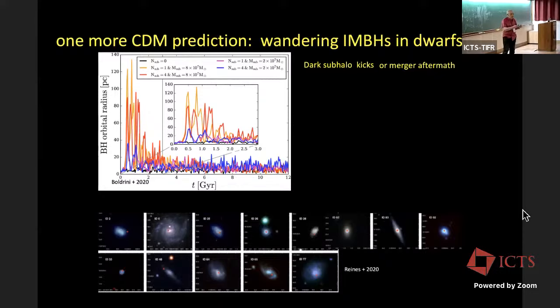And you can calculate why they would go off center. It could be the kicks from mergers. It could be dark matter substructures that kick them out. The jury is out on exactly what's causing the kicks. If there even are kicks, it has to be justified completely, but it does seem likely theoretically. There are just too many ways to kick these things out, but there are so many that we'll have no problem making the big ones eventually at the end of the day.